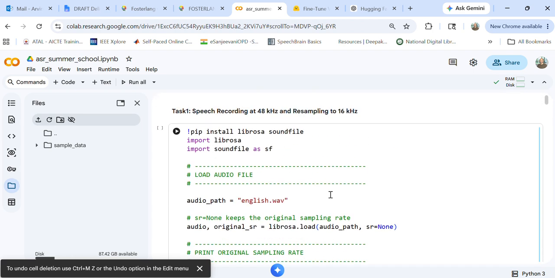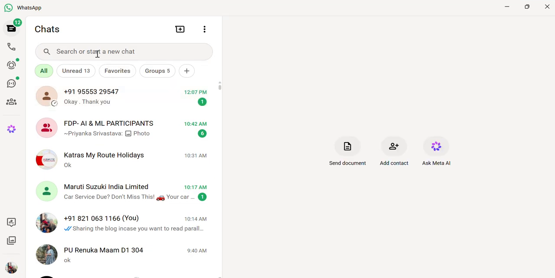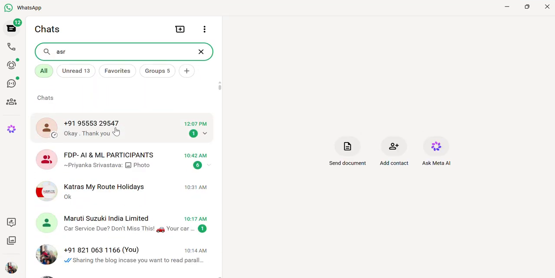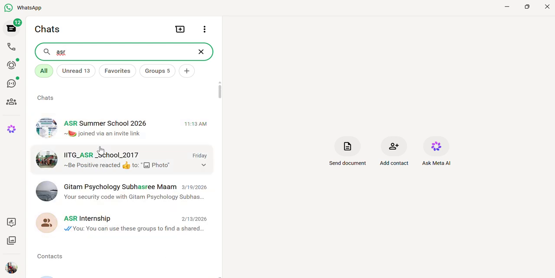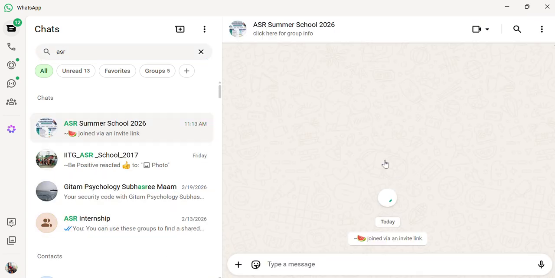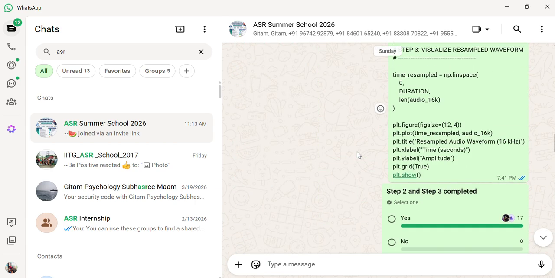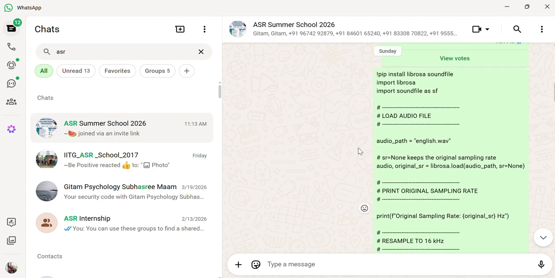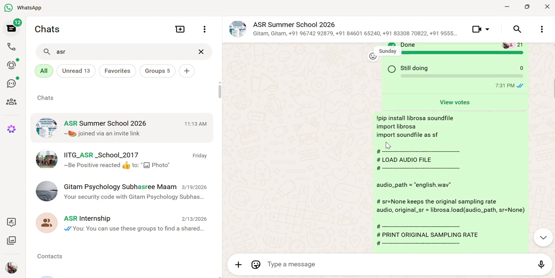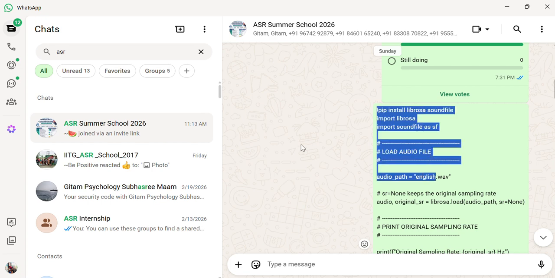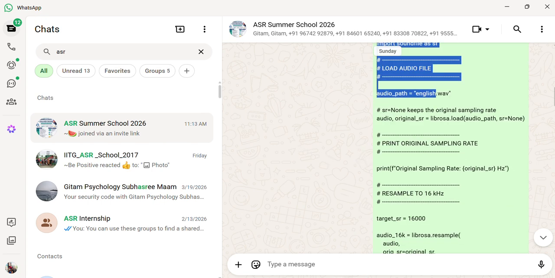in the WhatsApp. So you can open your WhatsApp ASR, and yeah. So you can see here all the codes are already there from yesterday. Lab one, right? So first we will see the lab one. So you have to simply paste all this code, copy and paste it in the Colab, and you have to